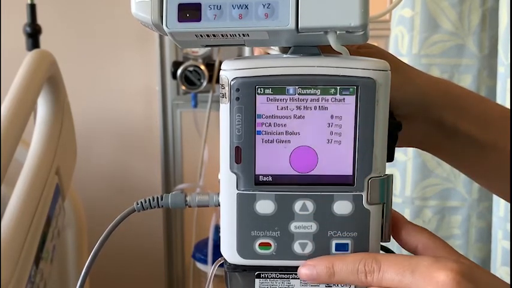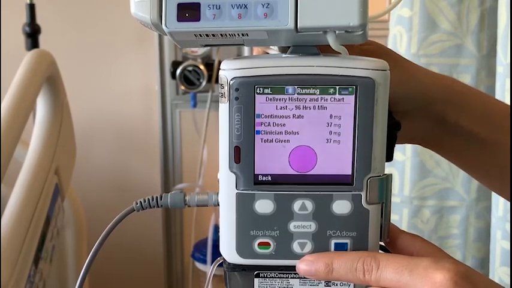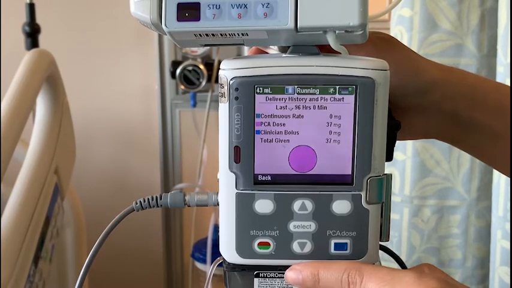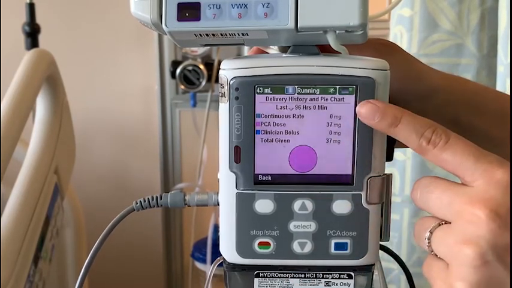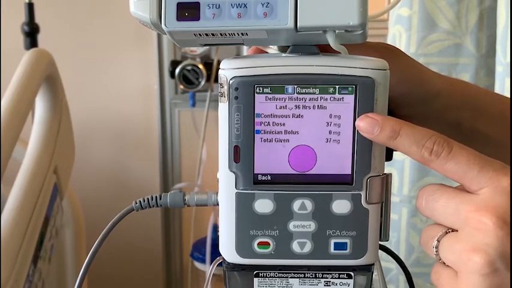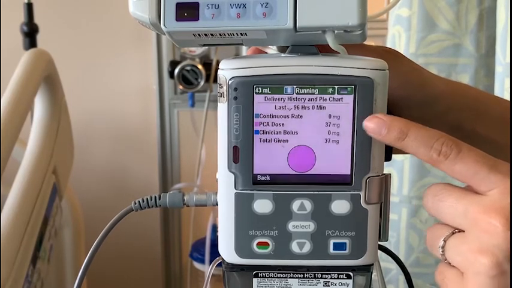On this screen, you will see 4 different measurements, including continuous rate, PCA dose, clinician bolus, and total given. The continuous rate is the total amount of medication in milligrams delivered from the basal rate. The PCA dose is the total amount of medication in milligrams delivered as PRN boluses after the patient pressed the